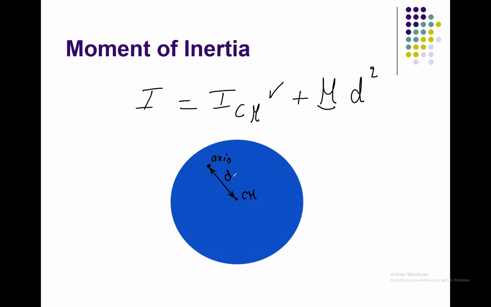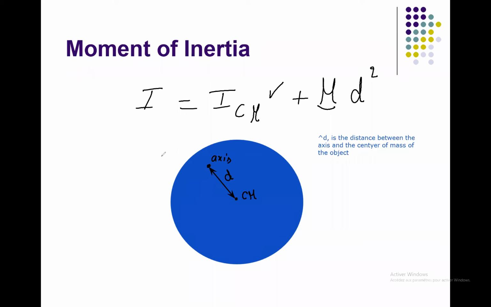So we can say simply, d is the distance between the axis and the center of mass of the object. Okay,